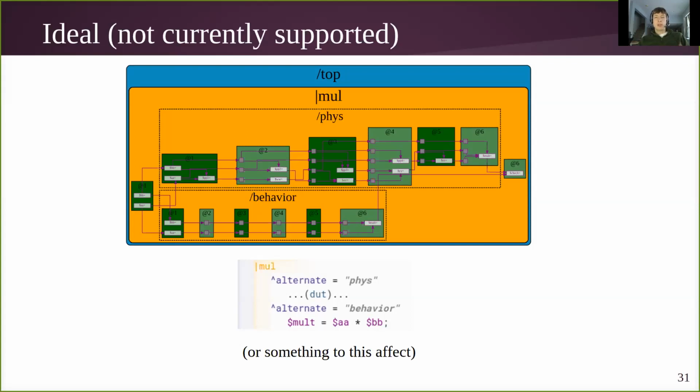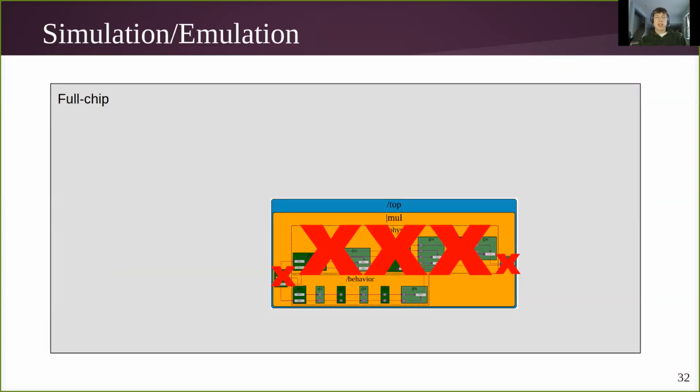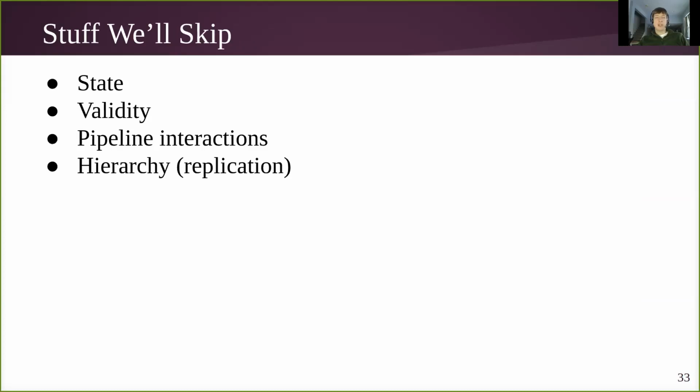But one of the core benefits of doing this is that we've isolated this verification problem. And once we've proven that the simpler representation is the same behavior, we can now replace the more complicated physical implementation with this more abstract representation in our broader simulations of the full chip or whatever higher level simulation. And that will speed up our simulations and simplify our higher level modeling. I won't go too far down that path since that's not currently implemented, but I wanted to give you a